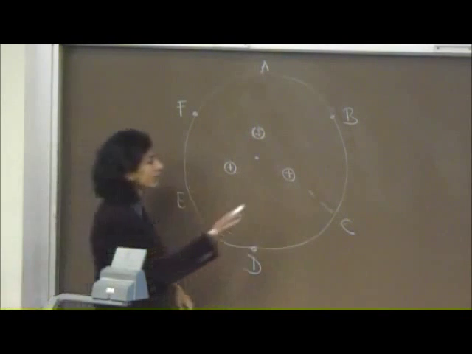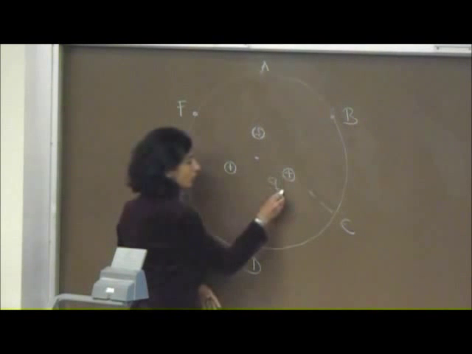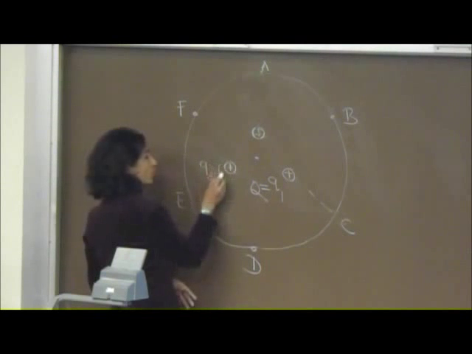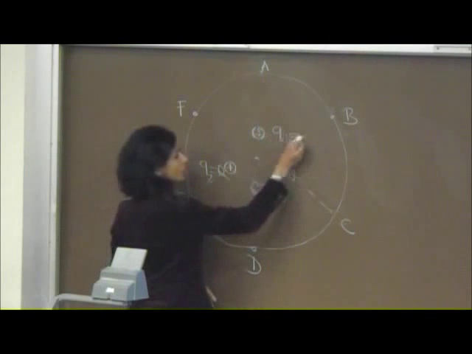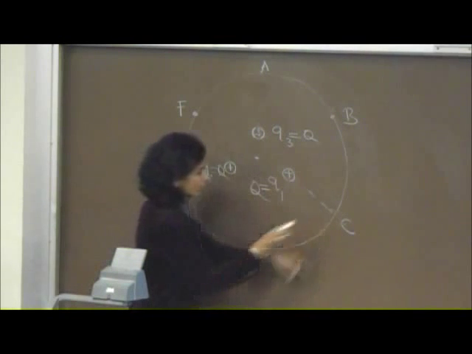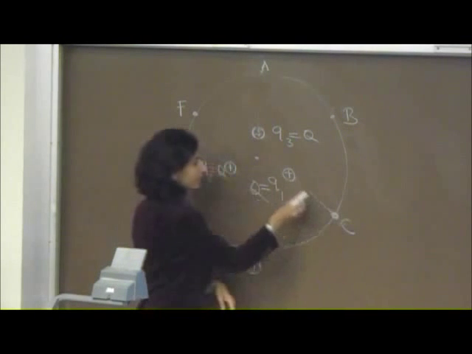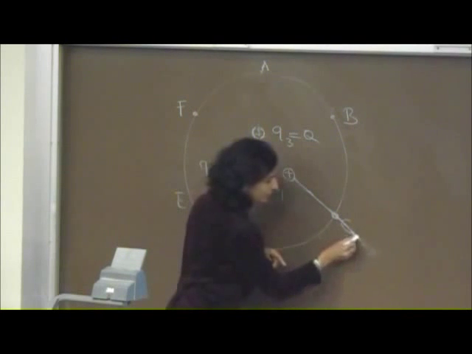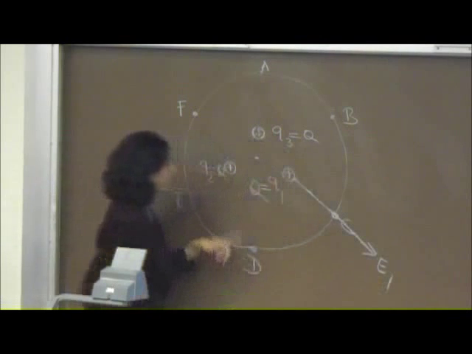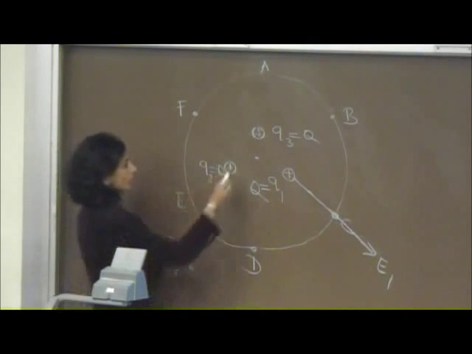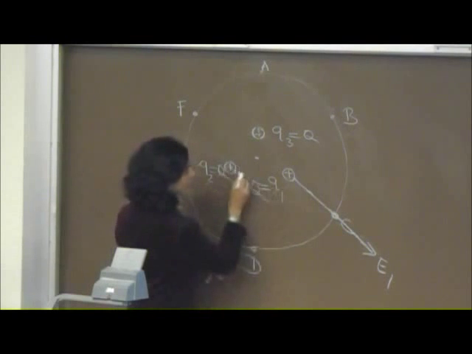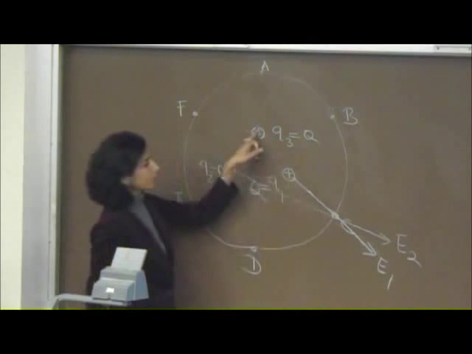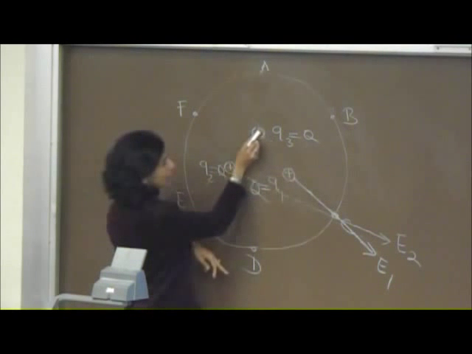How would you find it? Again, if you decide to call this charge Q1, which is equal to Q again, and let's call this Q2, which is Q again, and this is your Q3, which is Q again, then you can say the magnitude of electric field at C, for example, will be due to Q1, we can call it E1. E1 is like this. The electric field due to Q2 will be, again, since it's a positive charge, radially away from it. This is the direction of E2. The direction of electric field due to Q3